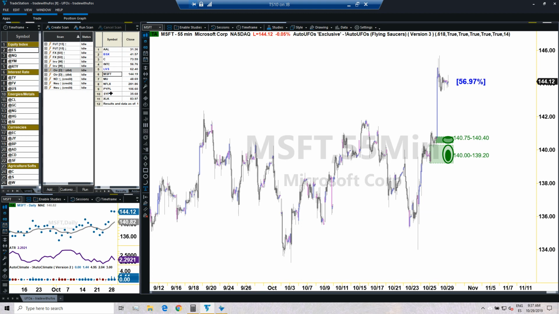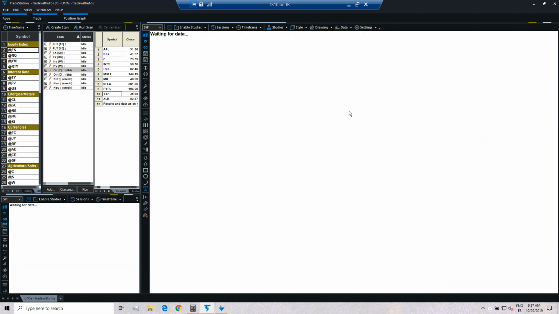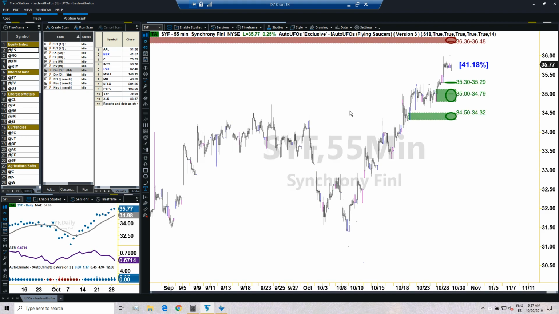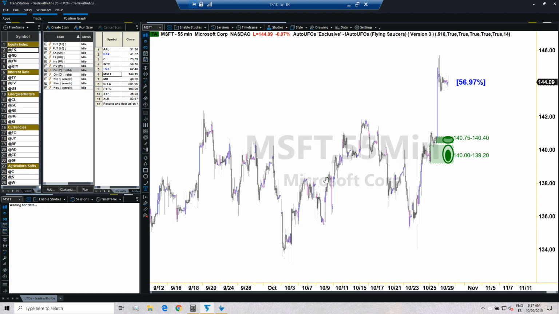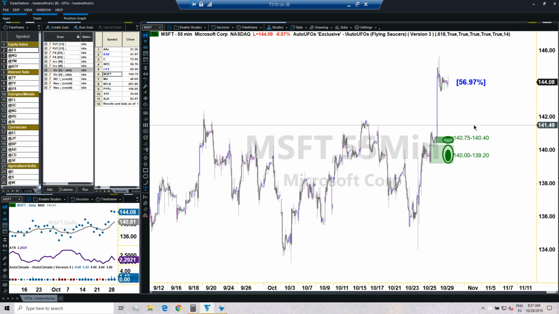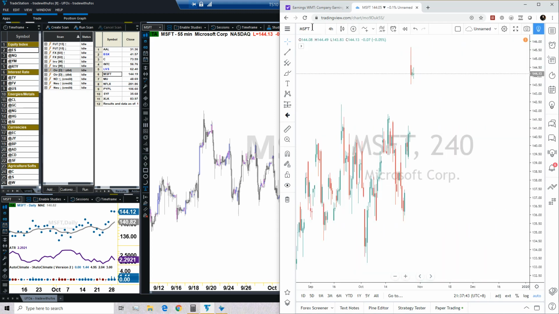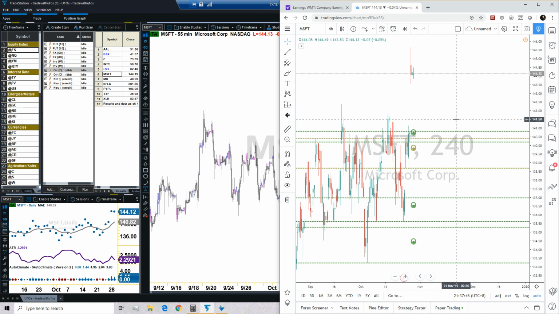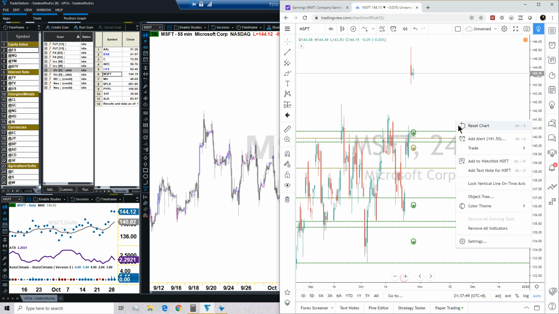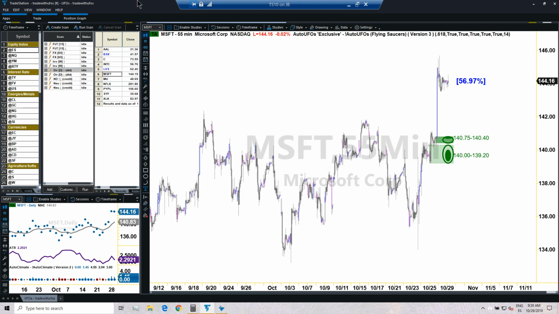So next one was SYF. But again, with Microsoft as well, make sure you place yourself an alert. Maybe I went too fast, let me go back. So you may want to have an alert around, I don't know, 141.5, something like that. So you would just use TradingView, MSFT, find 141.5, and we just right click, add alert. And again, the moment you do that, the alert lives on the server side. So even if your computer is off, even if your TradingView is off, even if your TradeStation is off, you will be alerted based on your preferences.